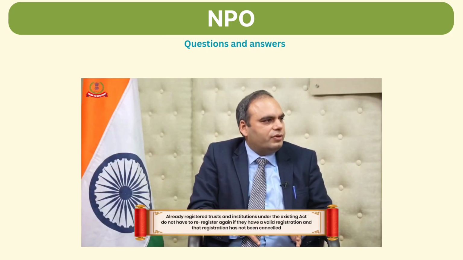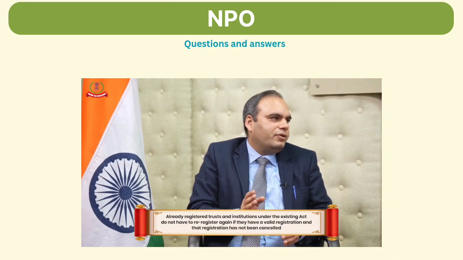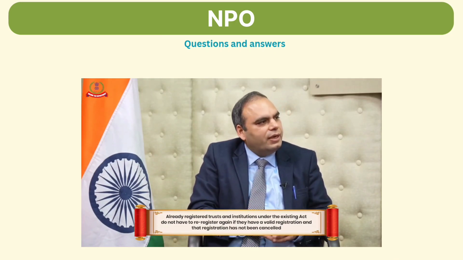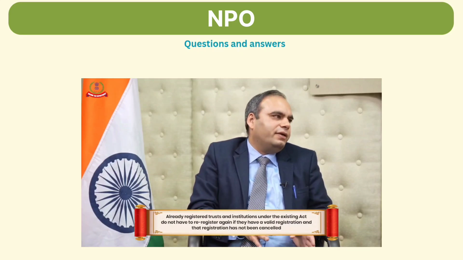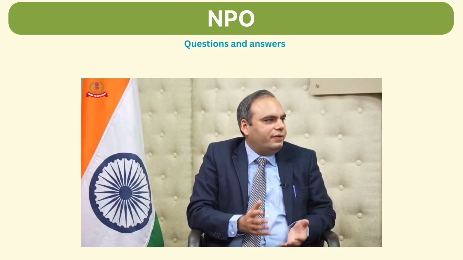So the term registered NPO has been defined to include all those trusts and institutions which are registered under section 12A, 12AA, 12AB, 10(23C) of the Act, if they have a valid registration and that registration has not been cancelled. So for the time they have a valid registration, they need not apply. Once their registration is about to expire, as per the provisions of the Act or the bill, they will need